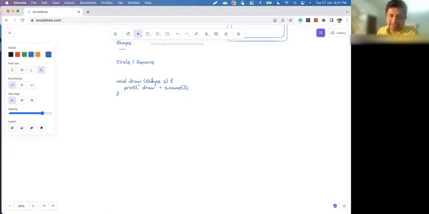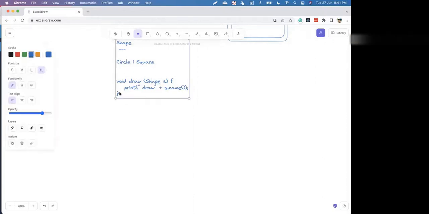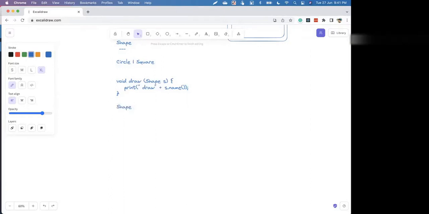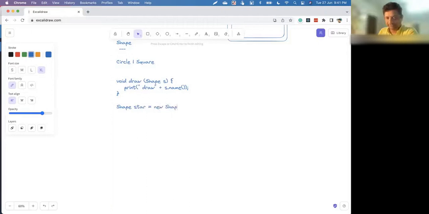So here, what it says is that yes, we can say it is an instance of circle, then it will print circle. Say star, new shape, right? So I may call draw and pass a star. What it will do is print here. Assume the name of the star is